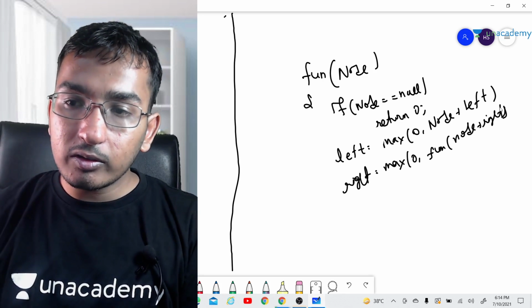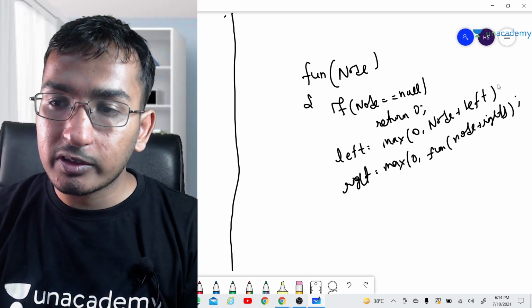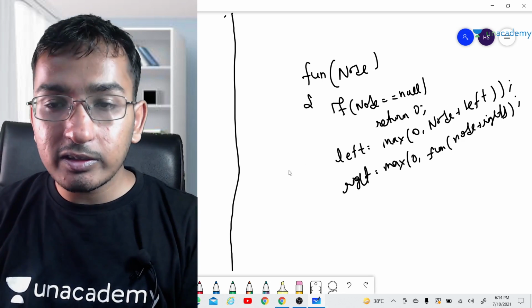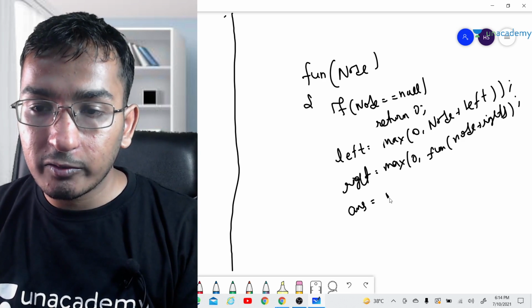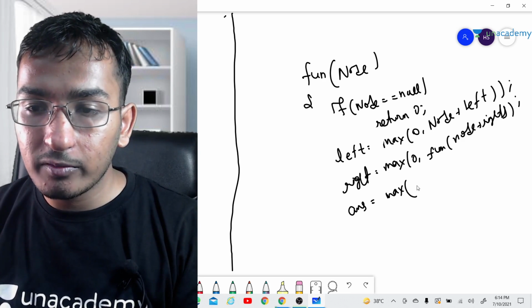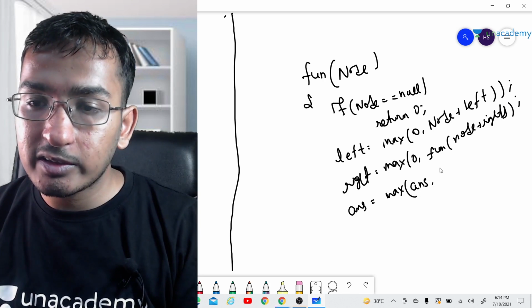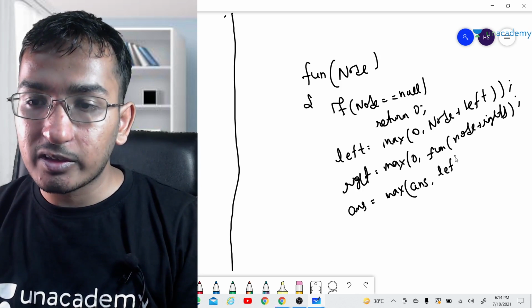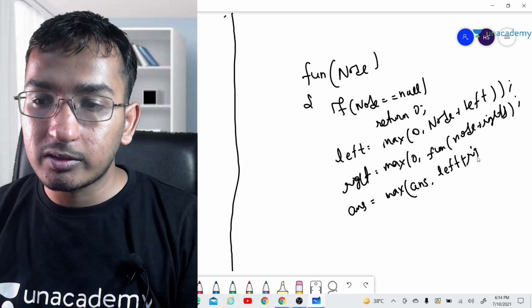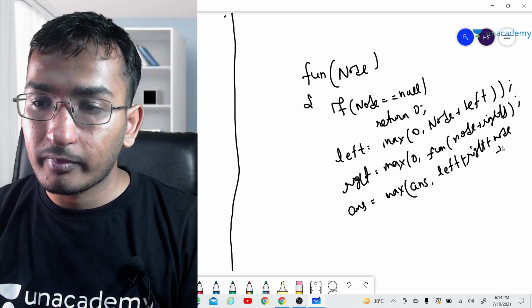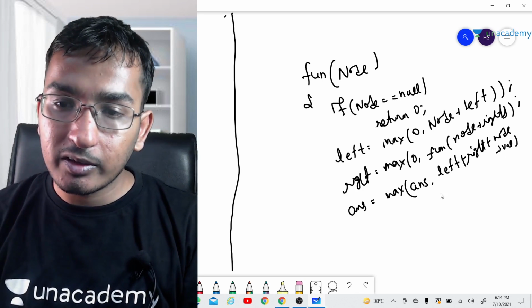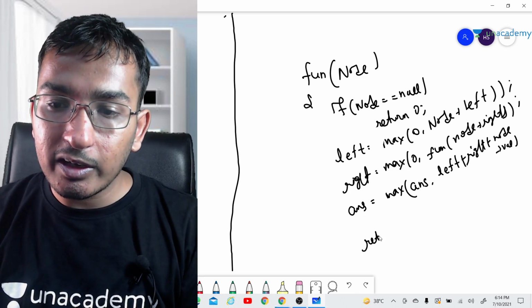So this is how we are going to approach our function here. Now if I want to update my answer, it will be the maximum of the answer which currently exists and left plus right plus node's value. Right, guys?